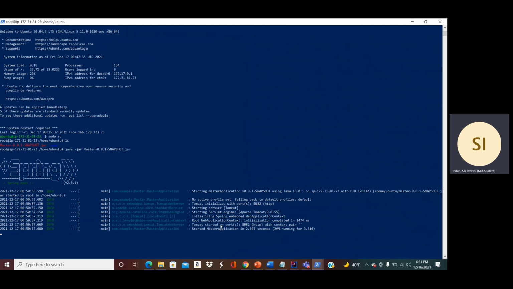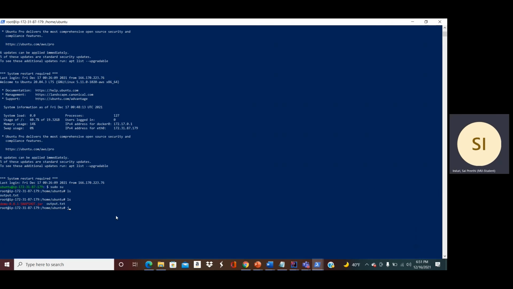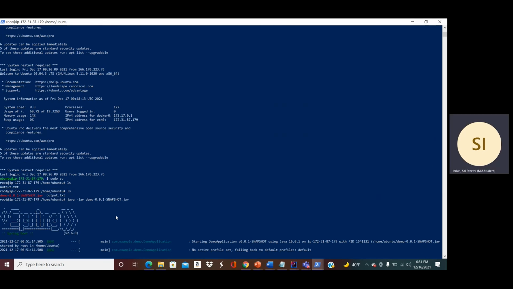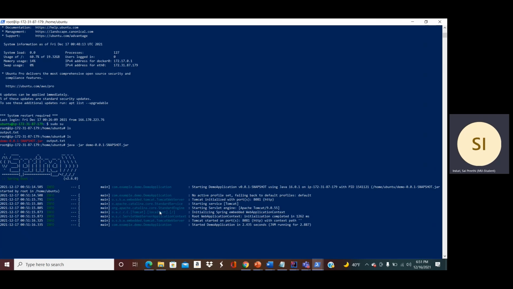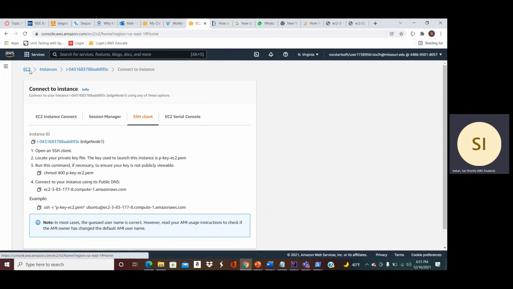Now we can see this application got started on port number 8082. And a resource monitoring microservice also got started in the Edge Node 1 with the port number 8081. These port numbers, we have to mention in their security groups.